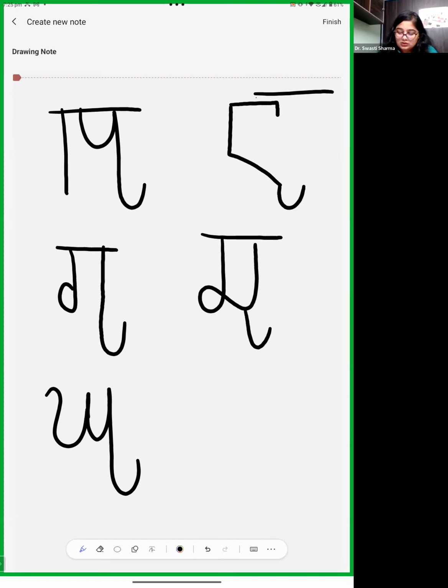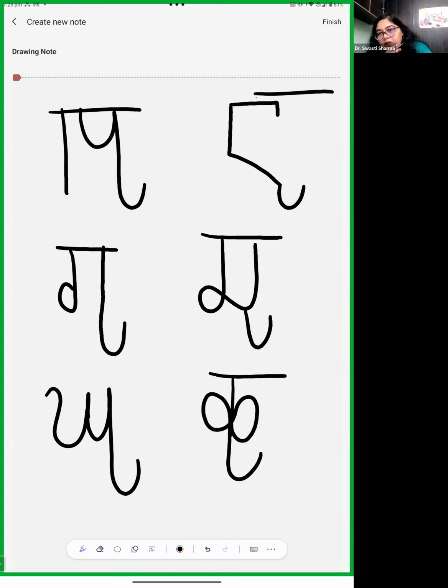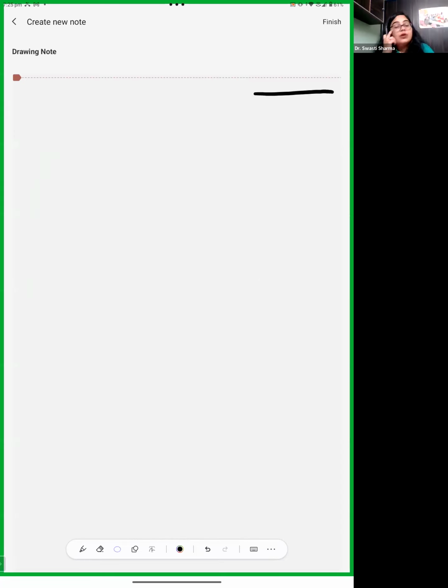Chri. So this is very simple. You are putting the matras with each letter. You have to do only the same thing. So add the matra Ri like this with each letter, and there is no difference with any letter. There is only difference with the K, and we got those variations.